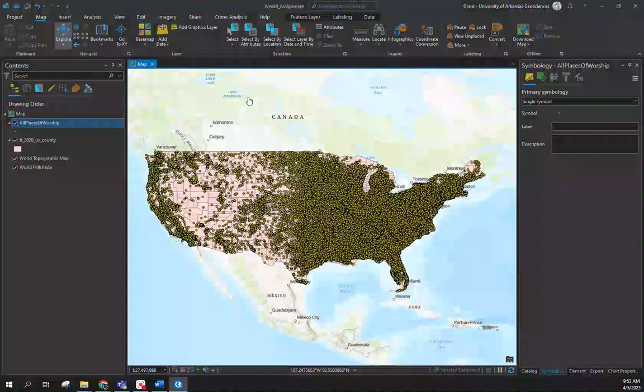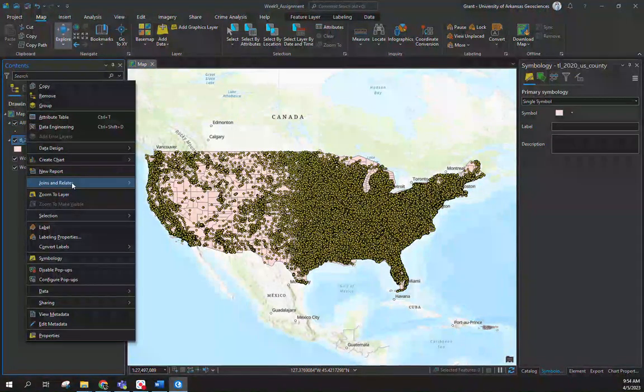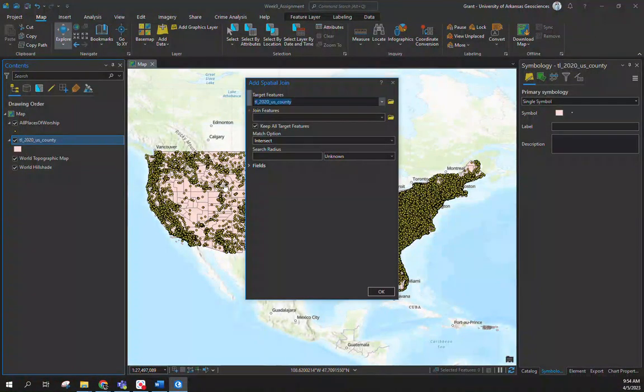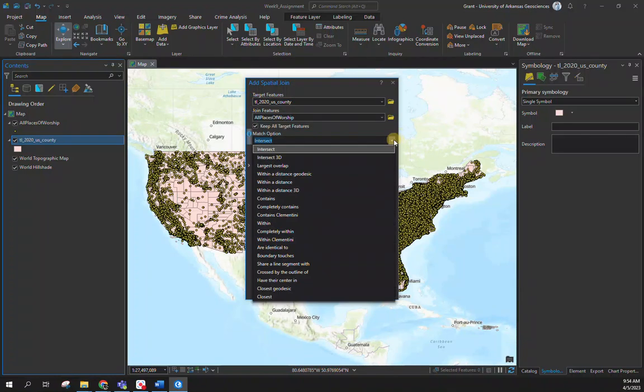To do this, we can do a point to polygon spatial join. So it's going to be a count. I want a count of places of worship by each county in the United States. With that, I'm going to do a join just out of the gate to where I want to join the points to this layer. So I'm going to do a spatial join. I have points I want attached to a specific county. So with that, I'm going to join in place of worship. I'm going to say that are within,